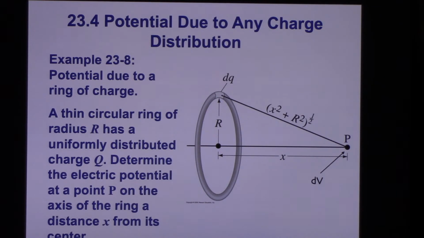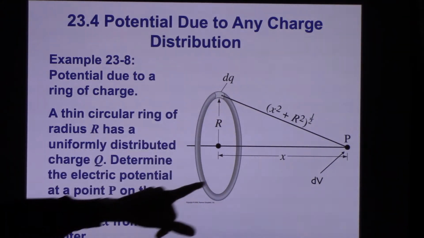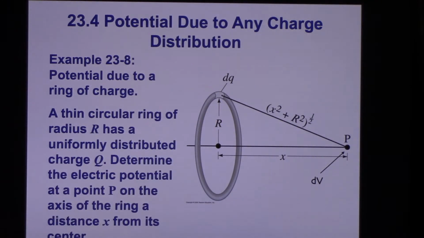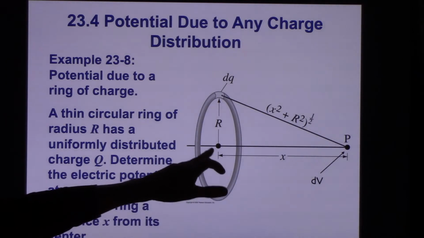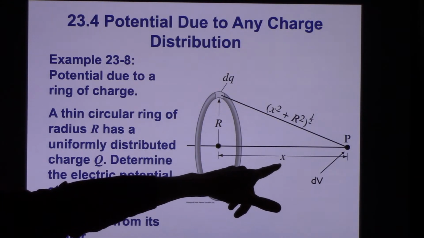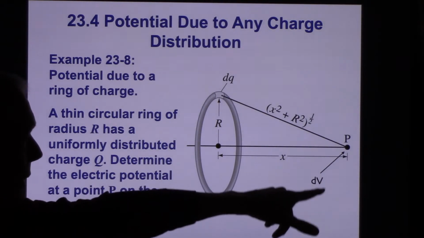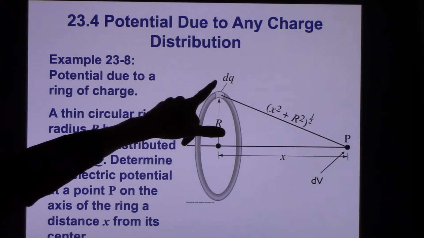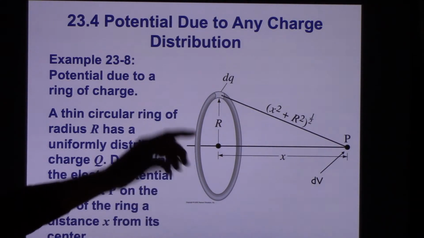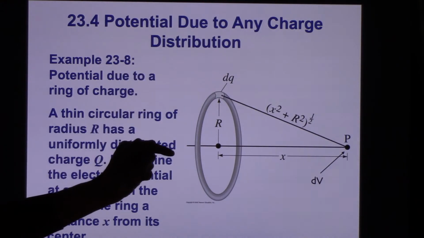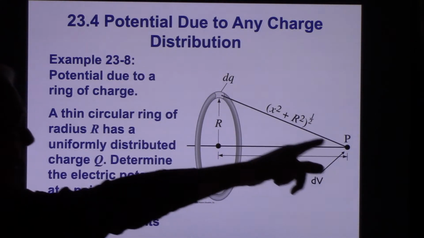And so what we're going to do is start with that ring of charge. Now, you guys remember the ring of charge. We did these back in chapter 21 with the electric field. And the integrations typically are going to be much easier because voltage is a scalar. Now in this case, here we are along the axis, a distance x. There's a little bit of potential being generated from that little bit of charge, but notice the entire ring of charge is all the very same distance